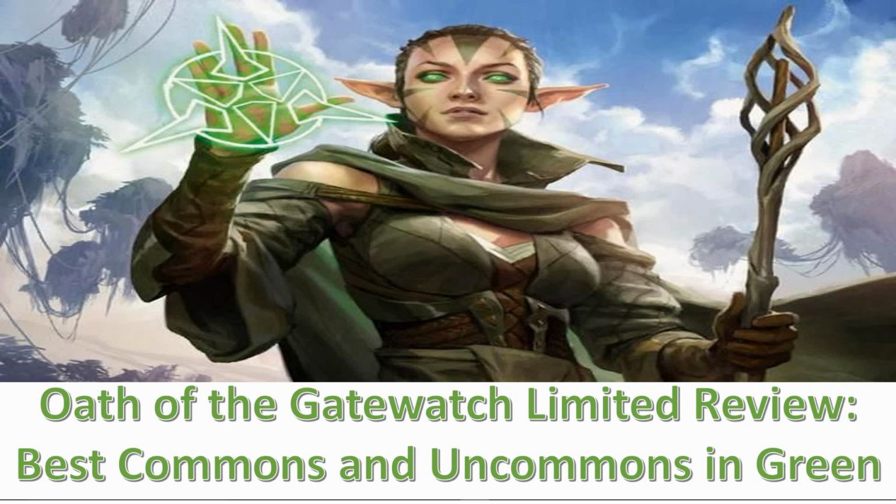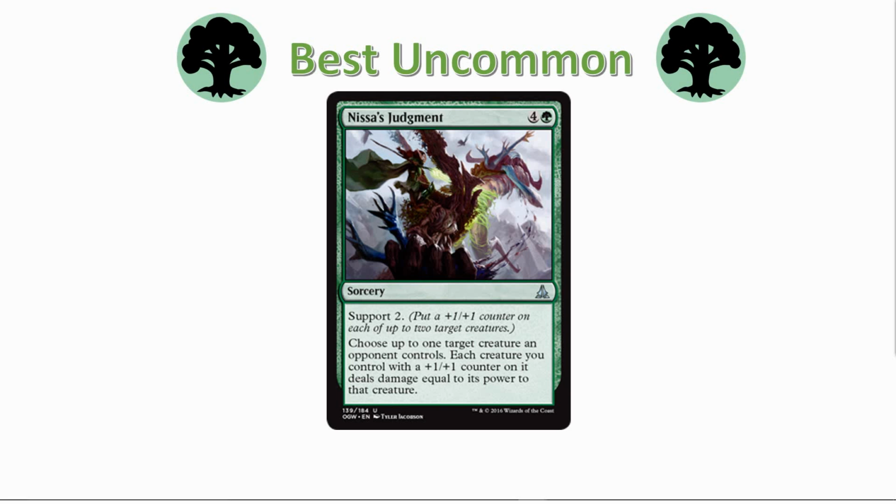But anyway, we'll jump into the best commons and uncommons in green, and we'll start with the best uncommon, which is Nissa's Judgment, I think. One of the big problems for green in Battle for Zendikar was a lack of any good removal spell, either at common or uncommon. The only thing it had was Unnatural Aggression, which was an instant speed fight spell, but the problem with it, as compared to the other